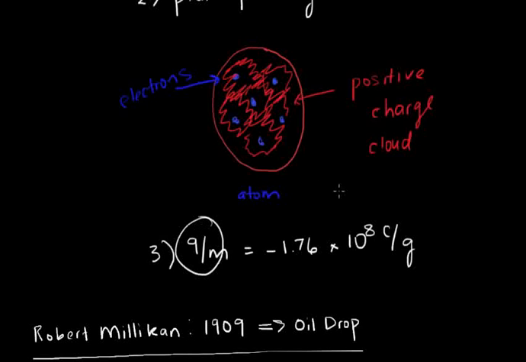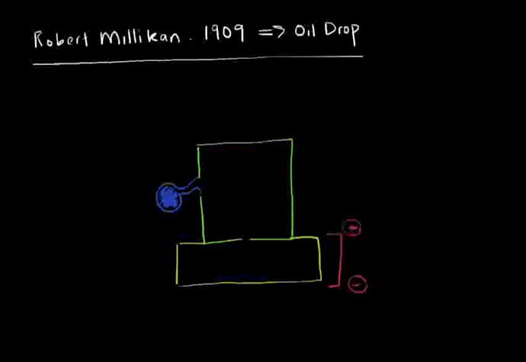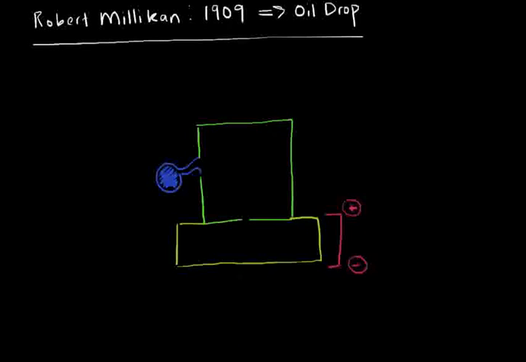And this number is nice to have, it's useful, but it would be really cool if we could determine the actual charge and the actual mass of the electron. And that's where this guy Millikan comes in, and with his oil drop experiment. And this is potentially my favorite experiment of the bunch. It's really cool. What Millikan did, he had a pretty simple setup. There's one box here, another box here, and a couple holes. This hole here, inserted into it, was an oil droplet dispenser. So these are oil droplets